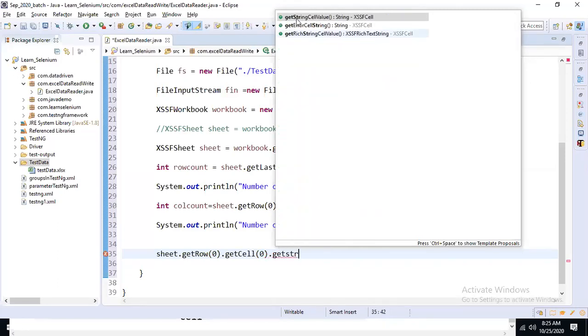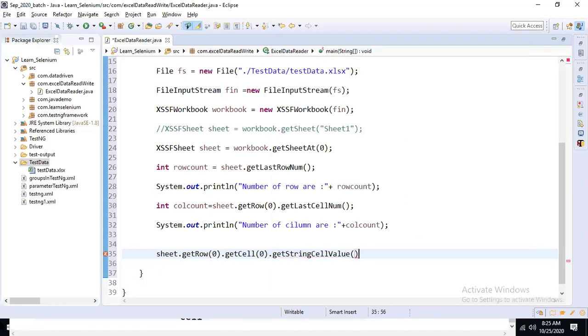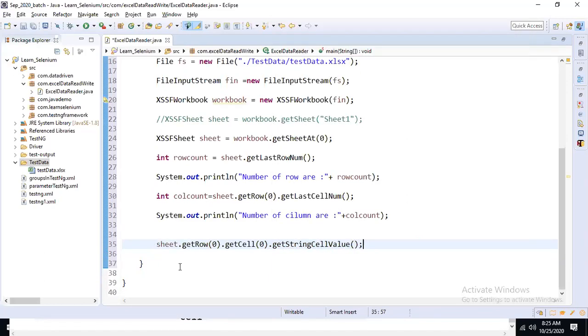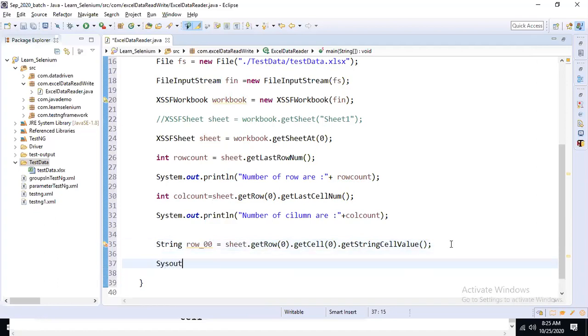The data we prepared is string data type. So getStringCellValue will simply return a string object, the data at row 00. I will return as well as display the data at row 00.